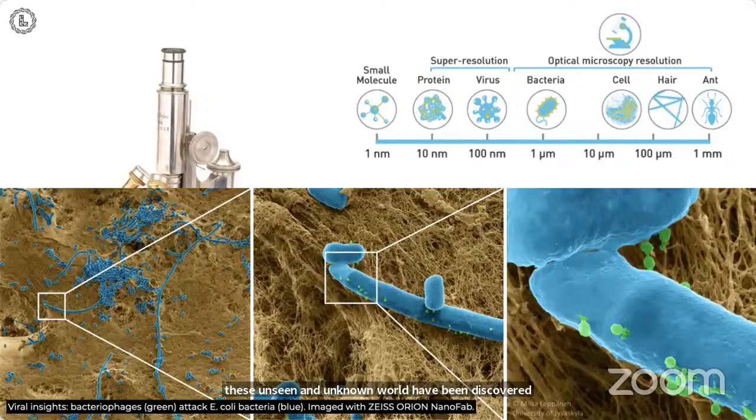Today, the microscopes, as we know, are tremendously powerful, and this allows us to see smaller and smaller elements that reveal how the world of microorganisms functions and how they are related to other microorganisms and to our own host's environment. So in this particular image, we can see a super high resolution picture of bacteriophages, in green, attacking E. coli bacteria. This is imaged with helium-ion technology, which produces a super high resolution picture of such a small world.